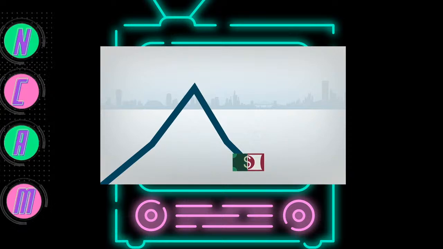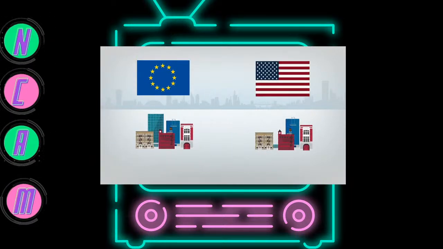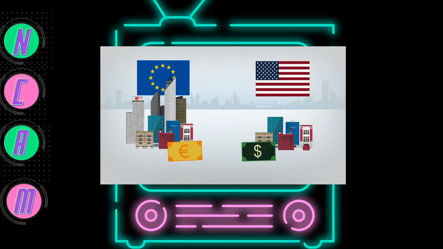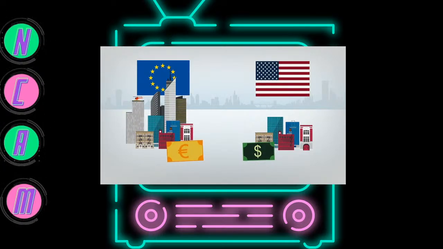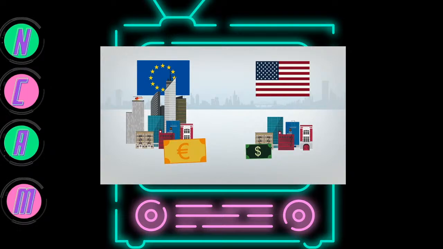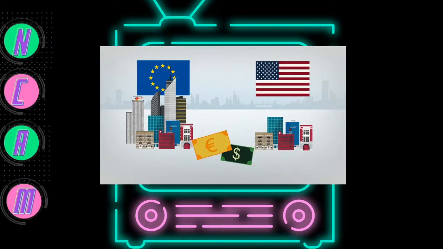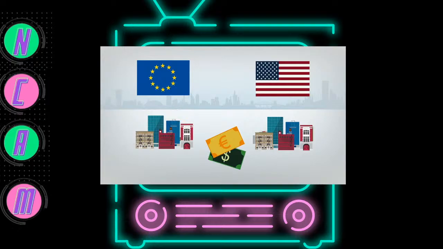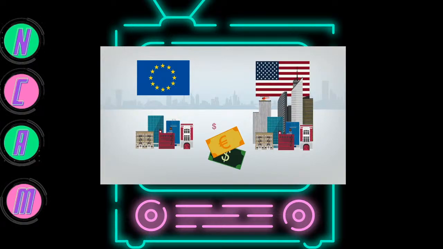Let's look at an example. Suppose an investor thinks Europe's economy is going to grow faster than the United States, and as a result, she thinks the euro will strengthen against the US dollar. She can buy the euro versus US dollar pair to speculate on her assumption. If the price of the currency pair rises, she'll make money. Conversely, if the price falls, she'll experience a loss.